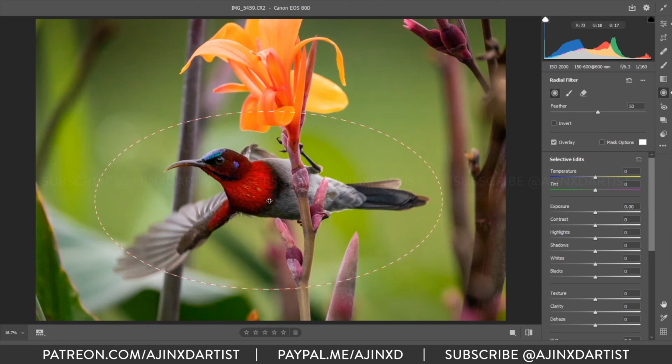We can move this anywhere we want, rotate it from the edges, and of course scale it up and down. Once you're happy with the mask, it affects whatever is inside the mask. So if you see here, this will affect the bird.